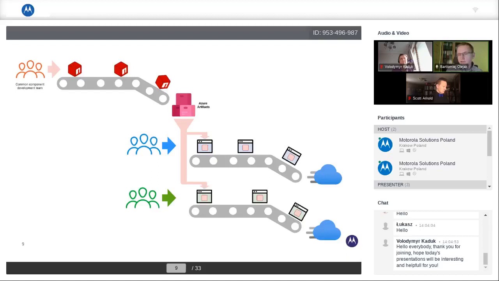This model actually works quite well. It has only one main drawback. It's the significant time needed to deliver changes. So this is the time between the common component team introducing the change and until it is finally visible on a production system. And we observe that it may take even a couple of months,